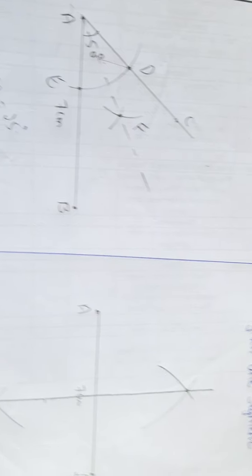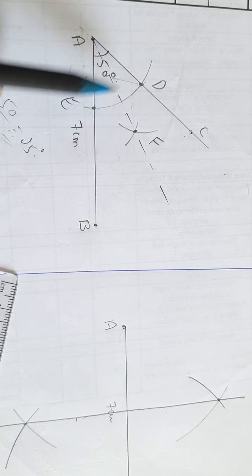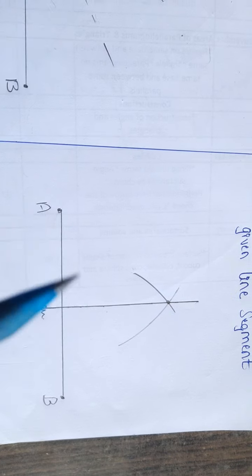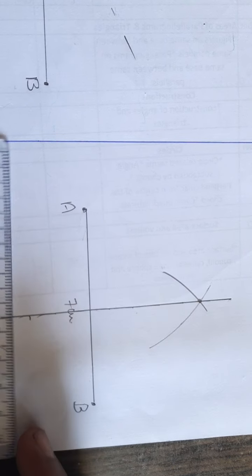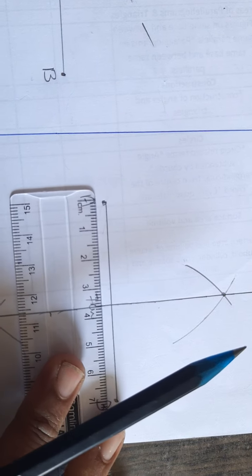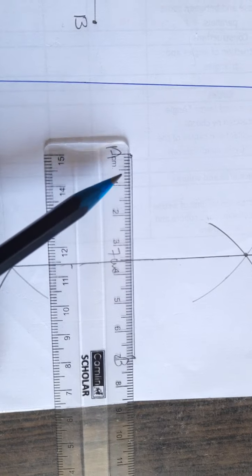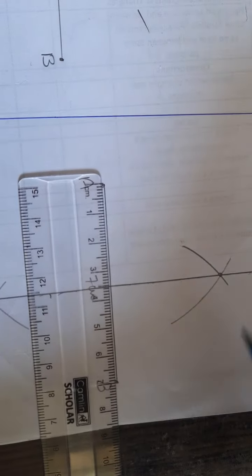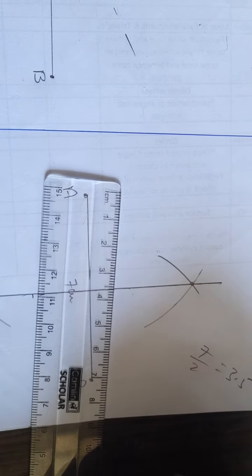With the angular bisector we learned that the chosen 50 degrees got divided into 25 degrees plus 25 degrees. Similarly, the perpendicular bisector, the line I have drawn, should divide this line segment AB into 2 halves, equal halves, no? So we shall verify. I said I have chosen the line AB to be 7 centimeters. Look, line AB is exactly 7 centimeters. Half of 7, if you divide by 2, you will get 3.5.